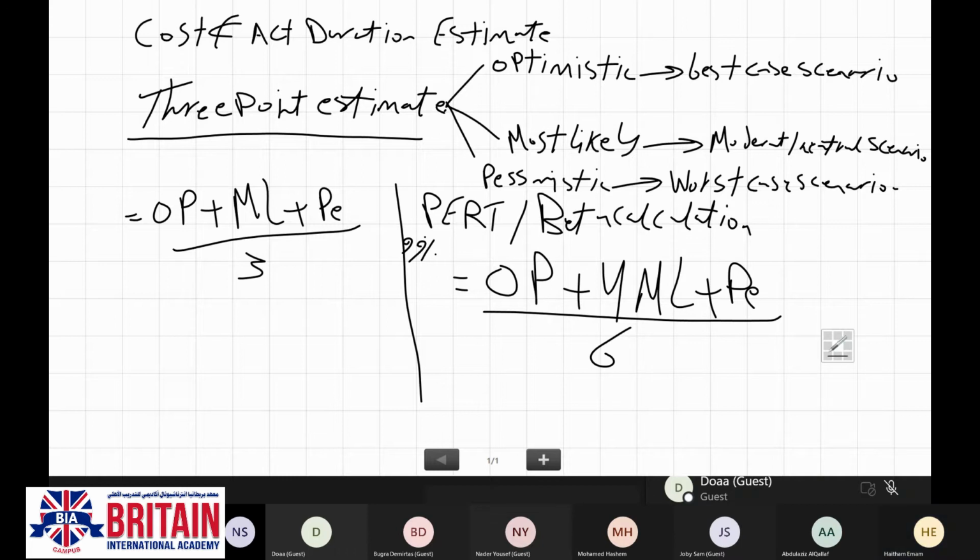However, when you use this formula, the result may be something like 35.23 or 26.2.